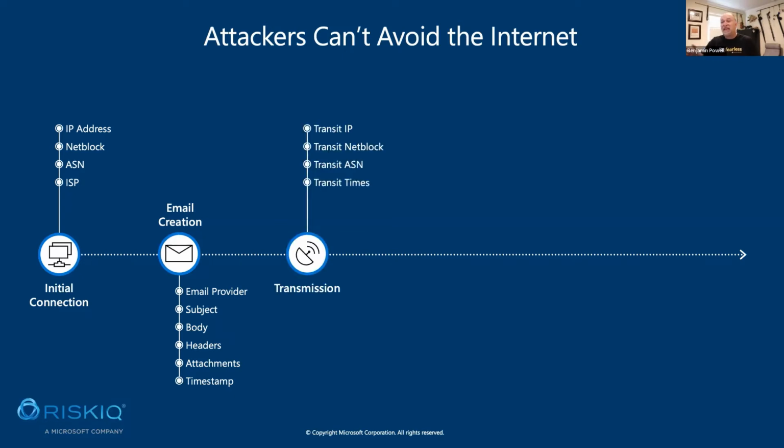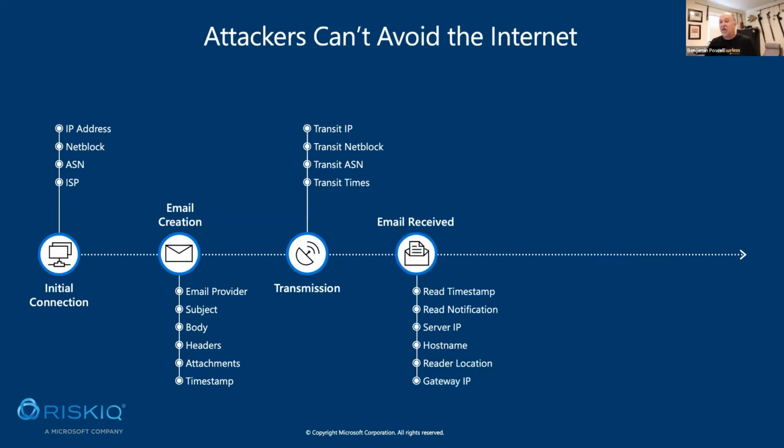And then once you send it, it goes through all the transit IPs, the net blocks, the different ASNs they're going through, and the times it's taking to go there. And then when the person receives the email, you can have it with HTML. So then there's information that can be fingerprinted about that person who read it. You'll get a timestamp. You maybe even get notification that they actually opened it and they're looking at it right now. You'll know the IP address of the server that was connected, and potentially even that user's IP address, because you can, with HTML, have it run a geolocation to find out what IP address and where they're located to understand that.